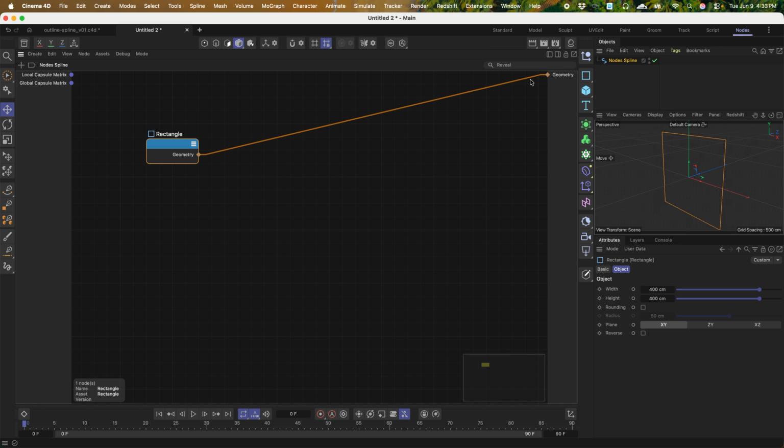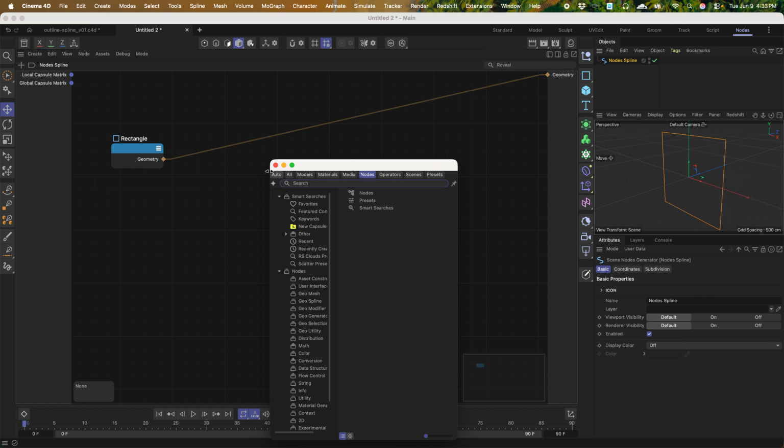I could do that by dragging the wire or by tapping down the Q key on my keyboard. I remember that as 'Q' to connect to the output. It's a bit of a strained mnemonic, but it works. So I've got my rectangle. If I want, I can double click and add another node, and I'm going to search for